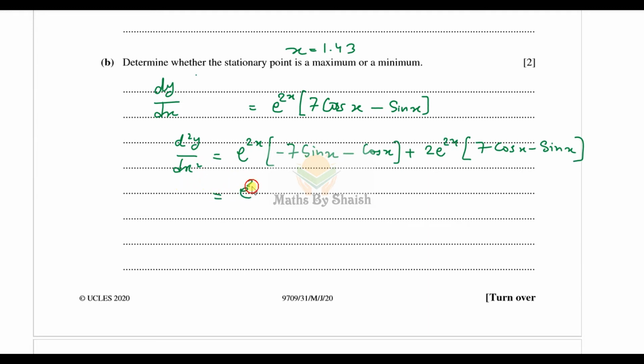Take e raised to the power 2x, and we'll see minus 7x minus 2x minus 9 sine x from here, minus 14 minus 1 is minus 13, times cos x. So now we'll check at x equal to 1.43, and this d2y over dx squared is going to be,